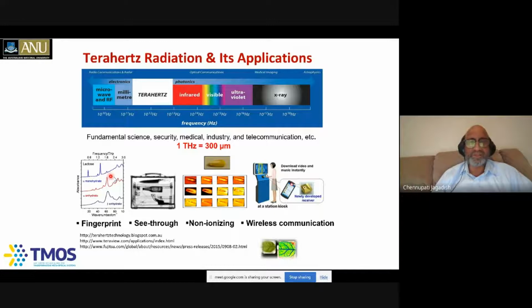For example, here is the spectra from lactose monohydrate and anhydrate. A lot of medical drugs also have signatures in the terahertz part of the electromagnetic spectrum. By the way, 1 terahertz is about 300 microns, so it is the far infrared wavelengths we're really dealing with here. But the nice thing is also that terahertz radiation is reflected by metals, for example.